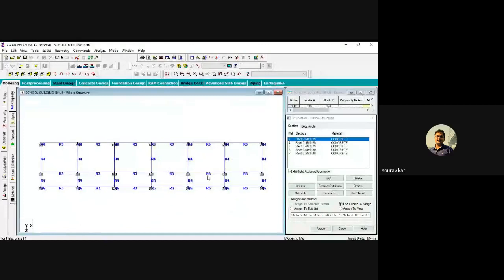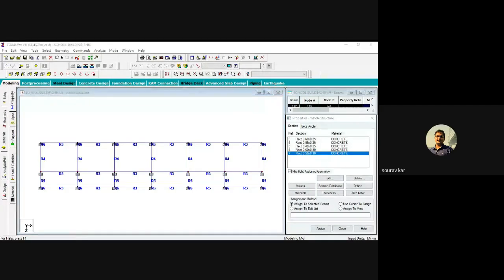So we will go to top view, select the last option. So all these columns which are in the 2 meter span, they are all. So let me come for 2 meter span, 300 by 500 mm.